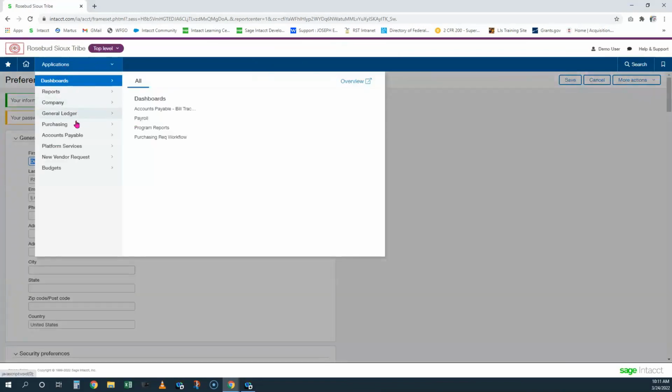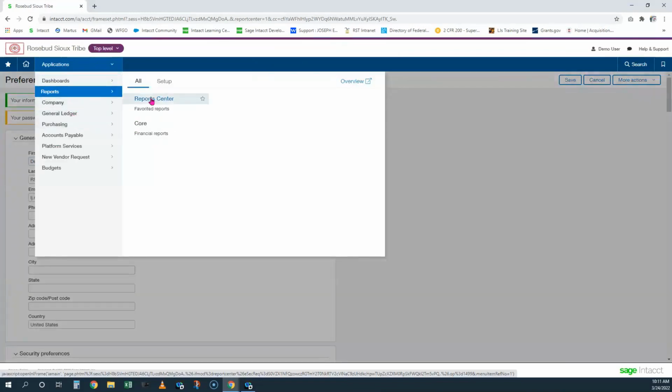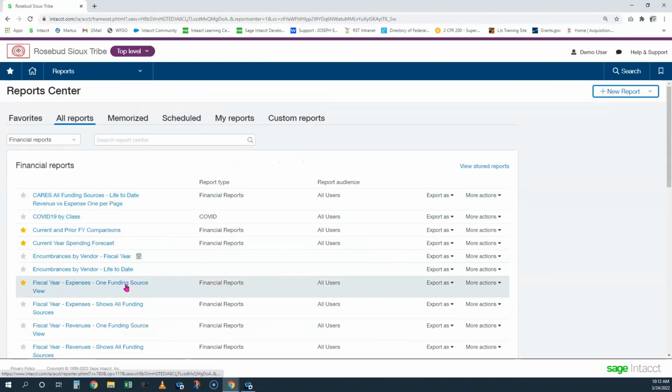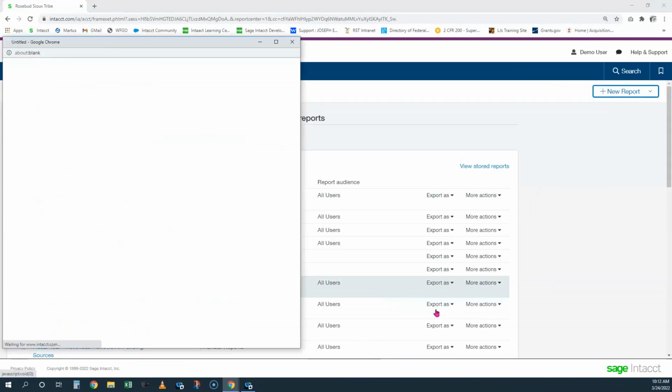And now let's go back to our report center. So we're going to run that fiscal year expense one funding source view report. But instead of clicking on the text like we're used to, on this screen at the very last column is an option that says more actions. So if I click that and go to process and store,